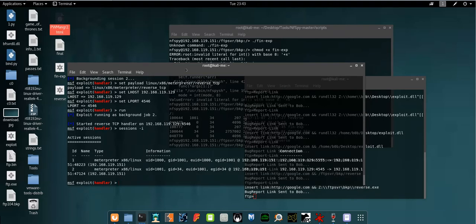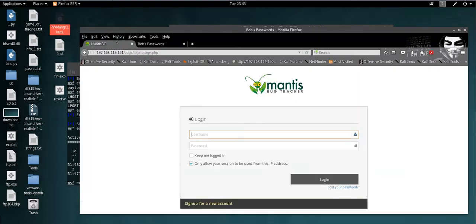I have already solved the challenge, and I'm going to explain the steps and the necessary tools you need to use in order to get access to the machine. First, after scanning the machine and exploring different ports and protocols on it, I figured out that I have a directory with a login page, as you can see, and the software is Mantis bug